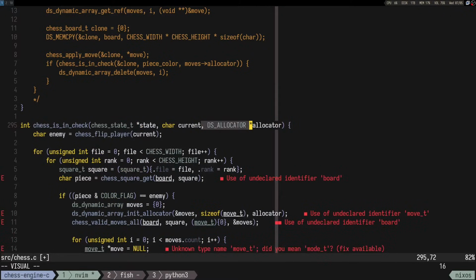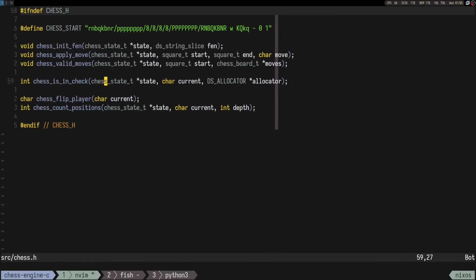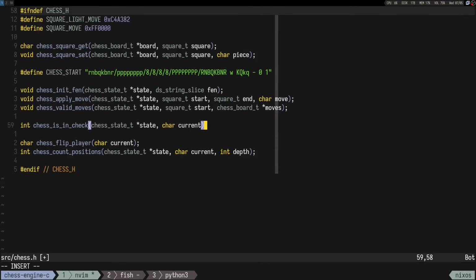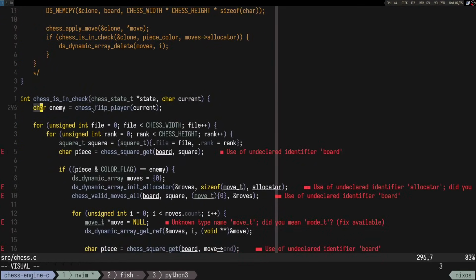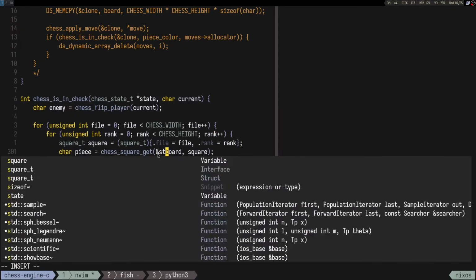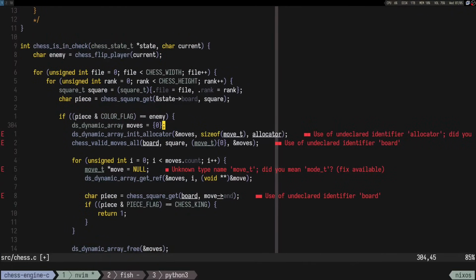I assume we won't need an allocator, so I'm just gonna remove it. Let's see. So we take the enemy point of view, we iterate the board, we need to take a piece. If the piece is an enemy piece,